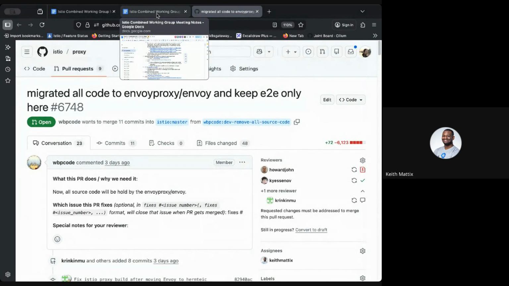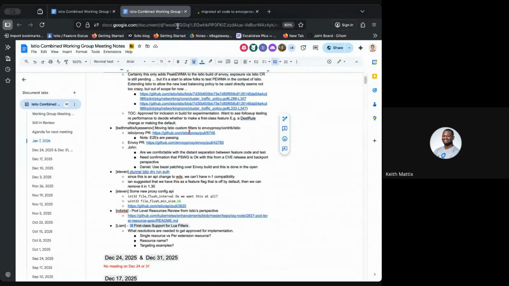I think it's difficult to get to closure on this without the folks proposing the PR here. So it might be good to continue this discussion in the PR. I will say that, John, you brought up a good point about control of the repo and control of the plugins, the filters. Thank you. When it comes to the current state of things right now, it's Quat, WBP Code, myself, and Mikhail who are maintainers there,